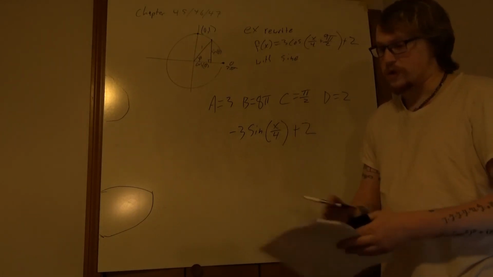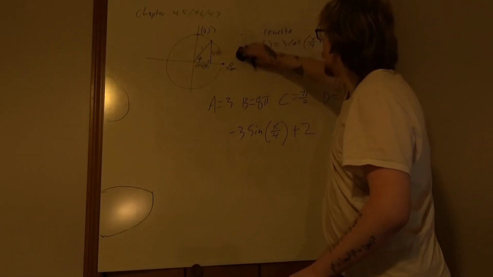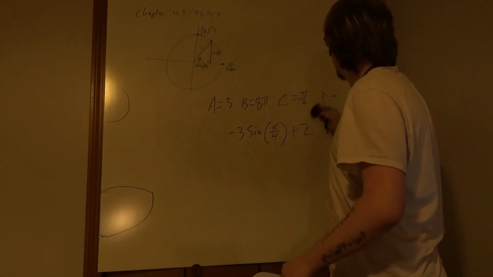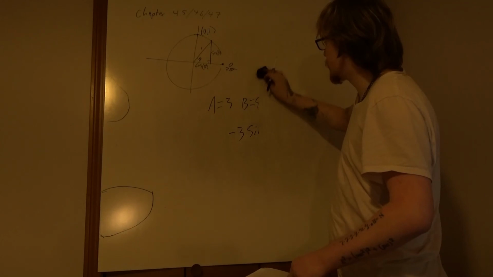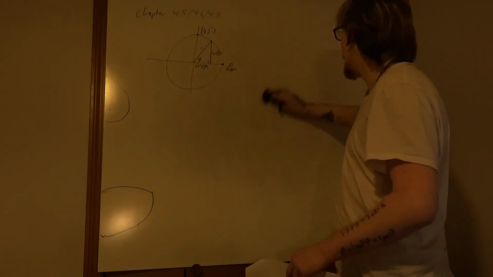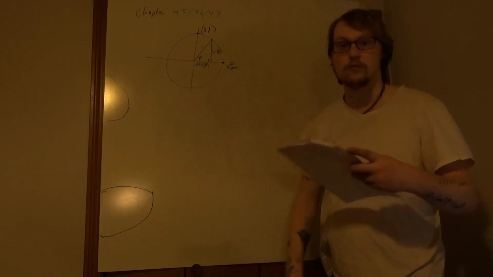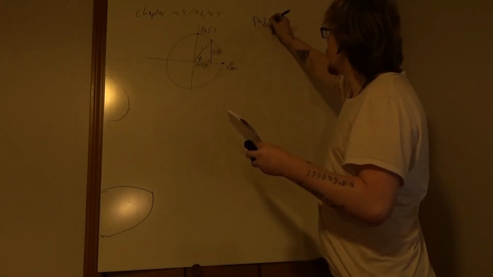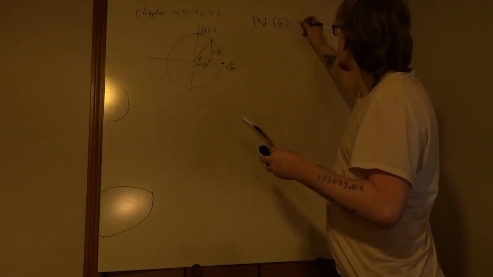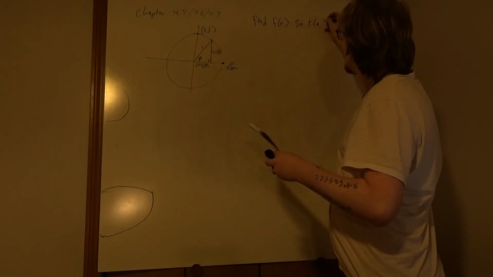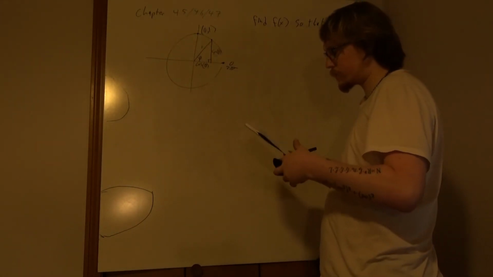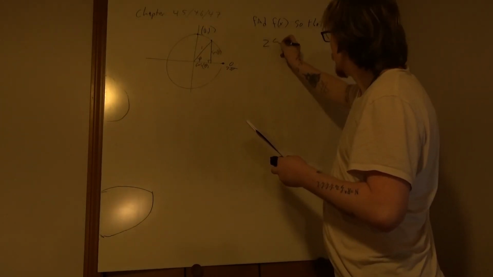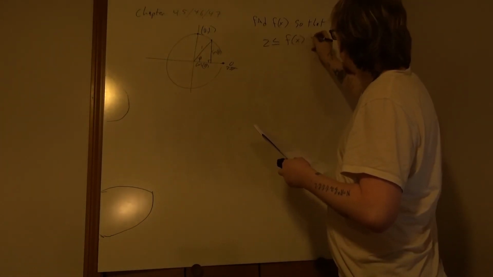Okay, so this question is going to use everything that we've seen so far to figure out how to create a single cosine or sine function that satisfies a list of requirements. So this one says, find f of x so that